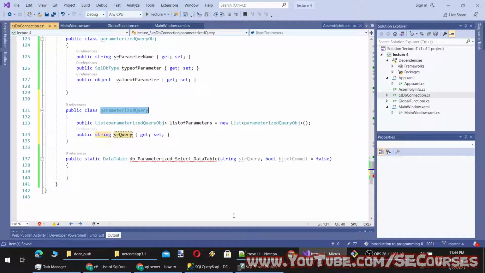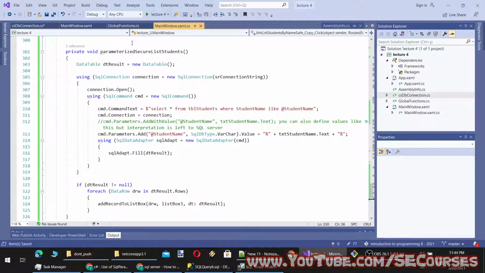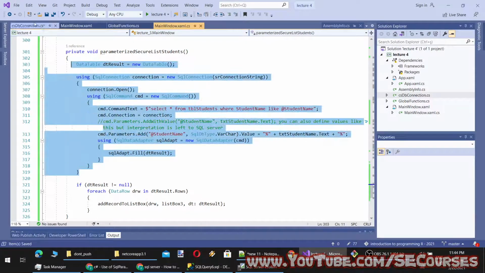So we will just get a parameterized query instance. Let's say query object, whatever name you want. Now we are going to move this code into the other code.